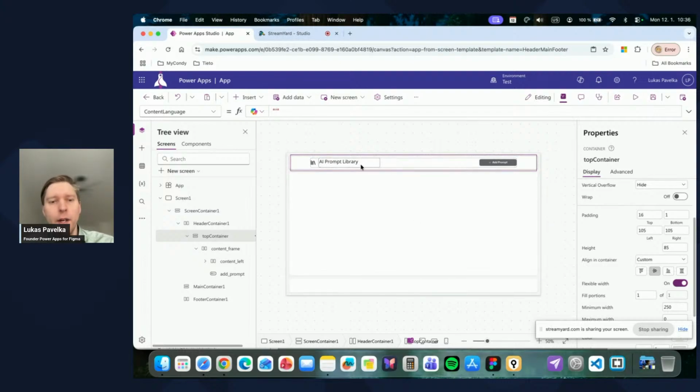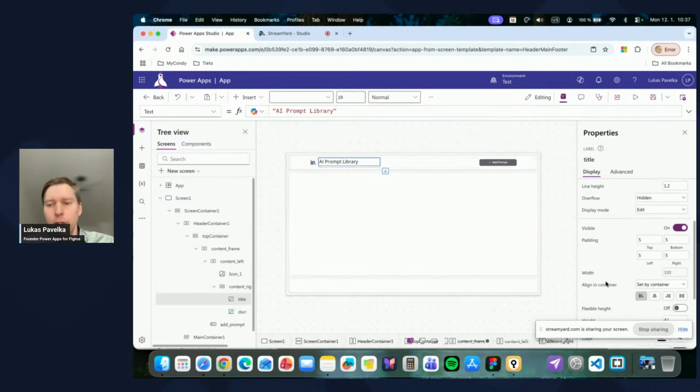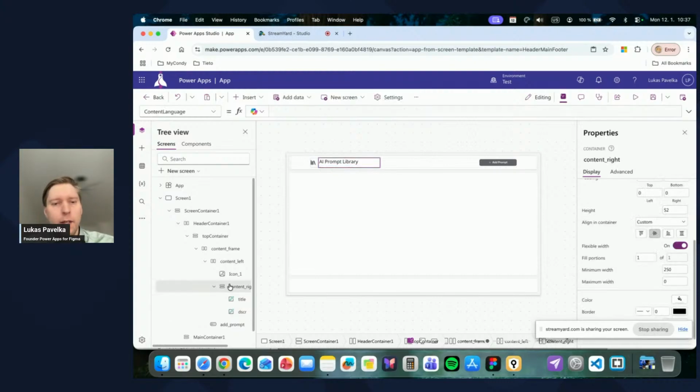But here is the top with this button, and of course the same for the height, for the title and description. I can just put it like here and say this is the highest,